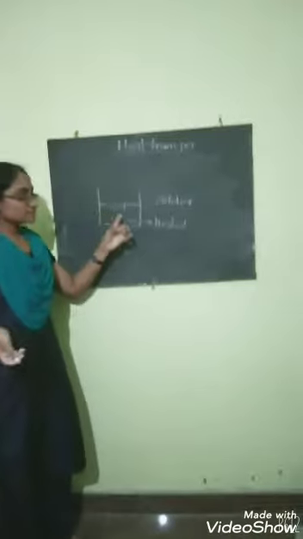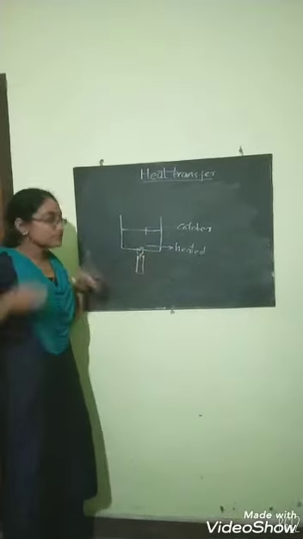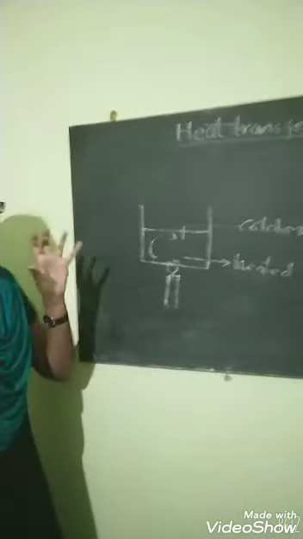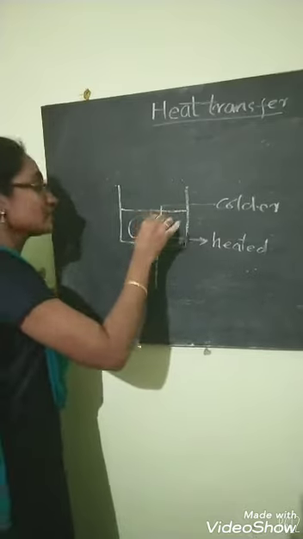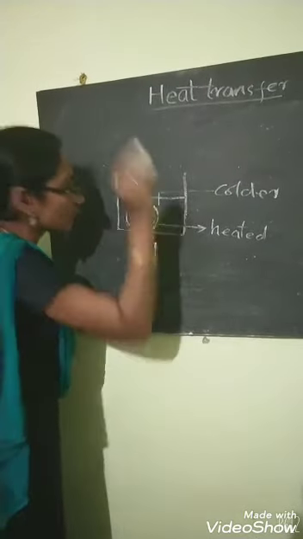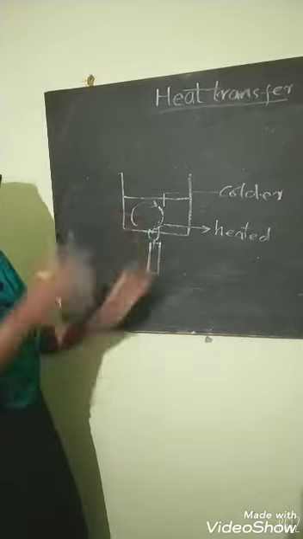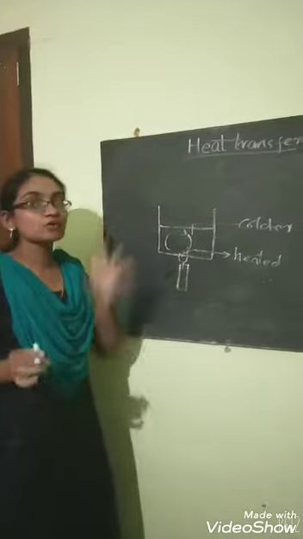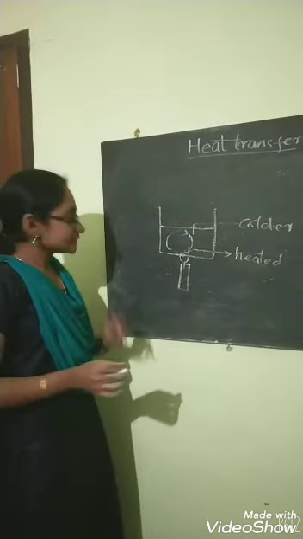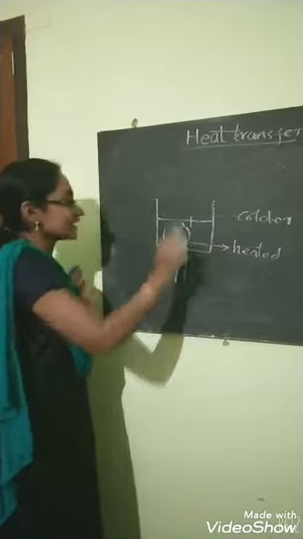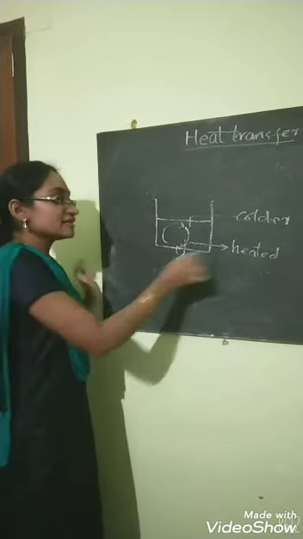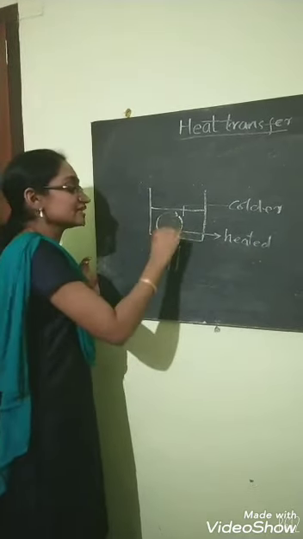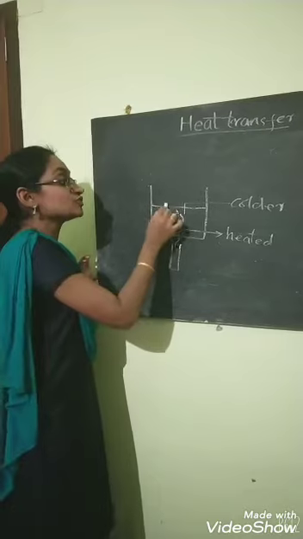After heating, the particles at the bottom go to the top, and the colder molecules at the top go to the bottom of the liquid. So here a circular motion takes place between the hotter and colder molecules of this liquid. When we heat it, the molecules at the bottom get heated, and then the heated molecules travel to the top.